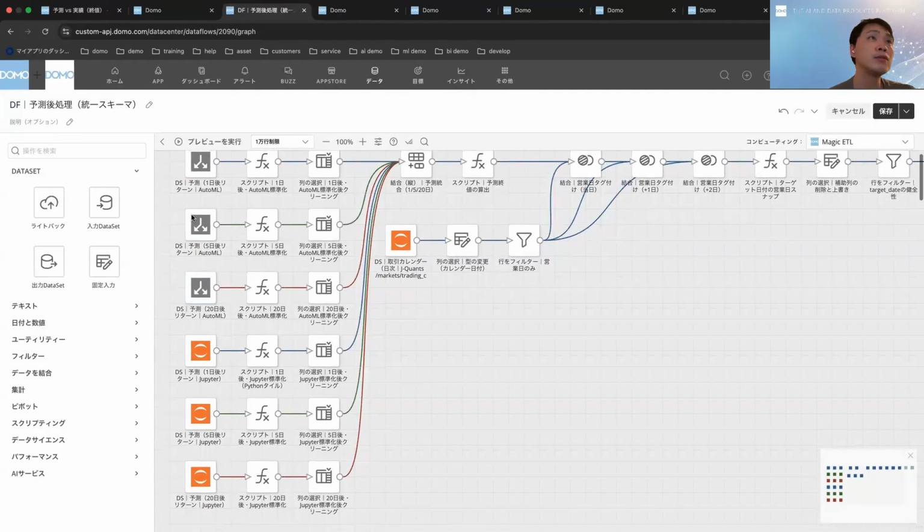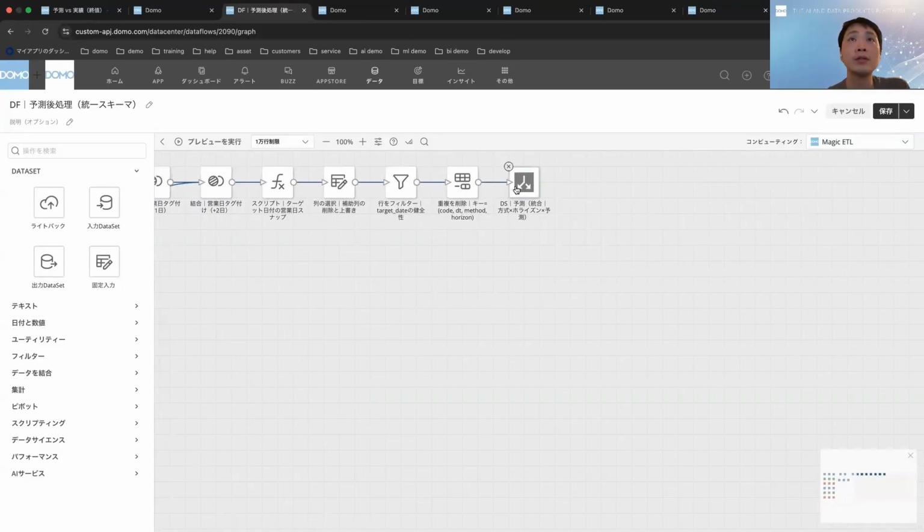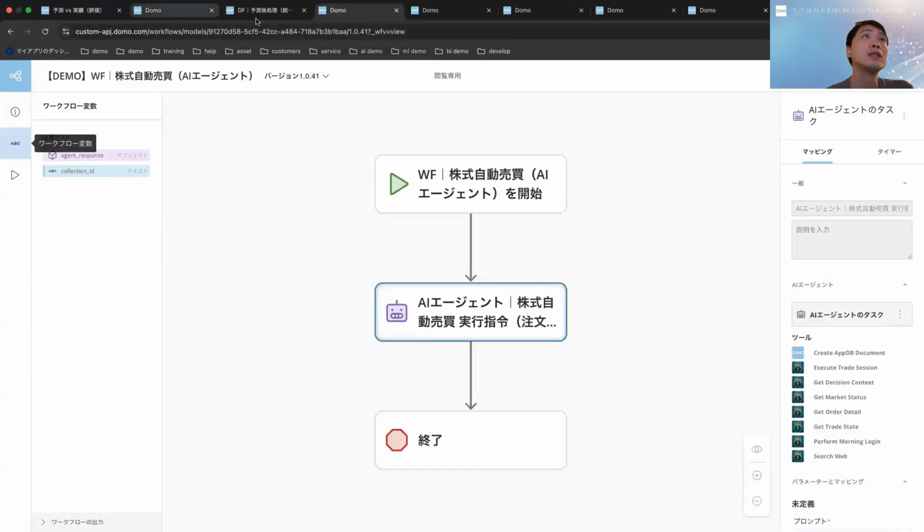So each of these machine learning models produces inference results 5 times a day. Each dataset is different, but in the end, I combine all of them into one. Basically, it's about integrating these prediction results. It says horizon here. Yes, so I put them in here. That's what this is. So I put all of this together, and then finally,